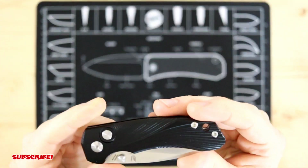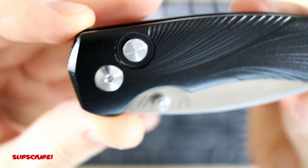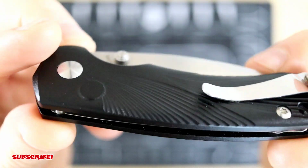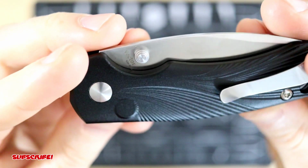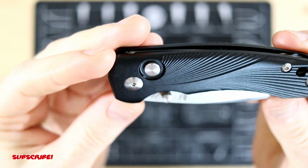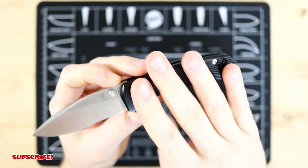But yeah, again, I'll just give you guys a close look at this thing. It's really nice, clean. Even the button is nicely milled, or however they do it, but it's very nice. The T8 size screws, which is also a plus. Unfortunately, the liners are recessed, so I won't be able to create, or maybe I will. I'll figure something out if I do customize this. I'm going to carry this for a couple weeks and then hopefully do a full review. I know, and I still owe you guys a lot of full reviews on some knives that I unboxed, but